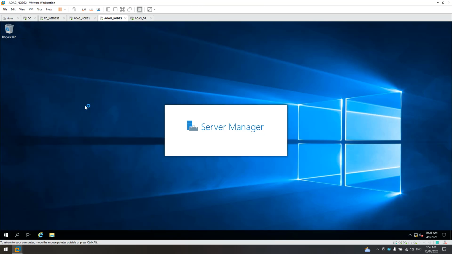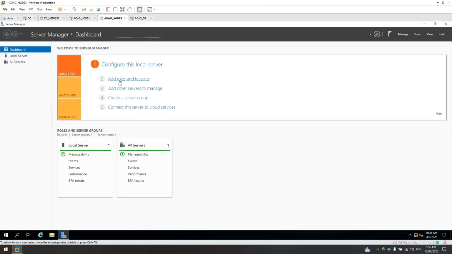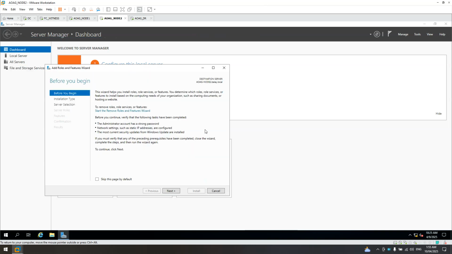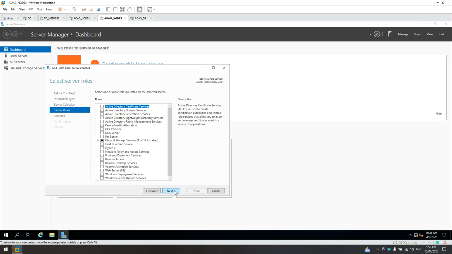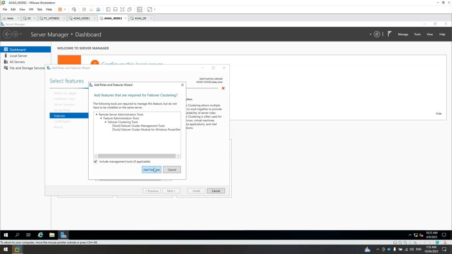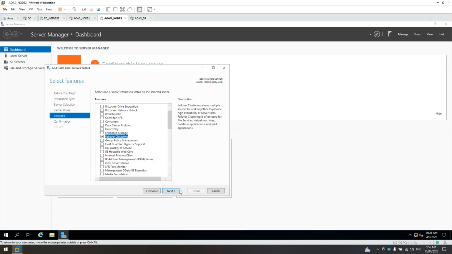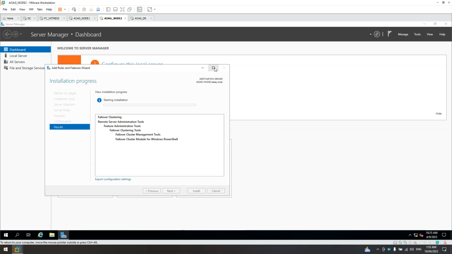On Node 2, Server Manager, then Add Roles and Features, then click next, next, next, next. Then in here, look for Failover Clustering, add feature. Next, check restart if required, then install.